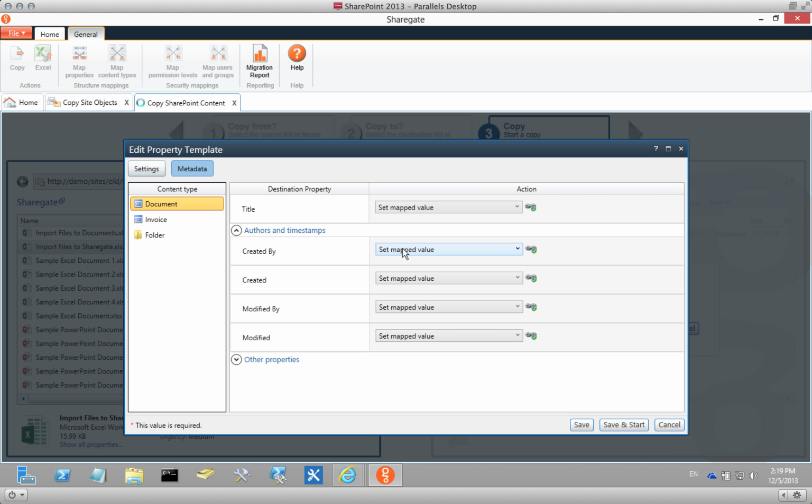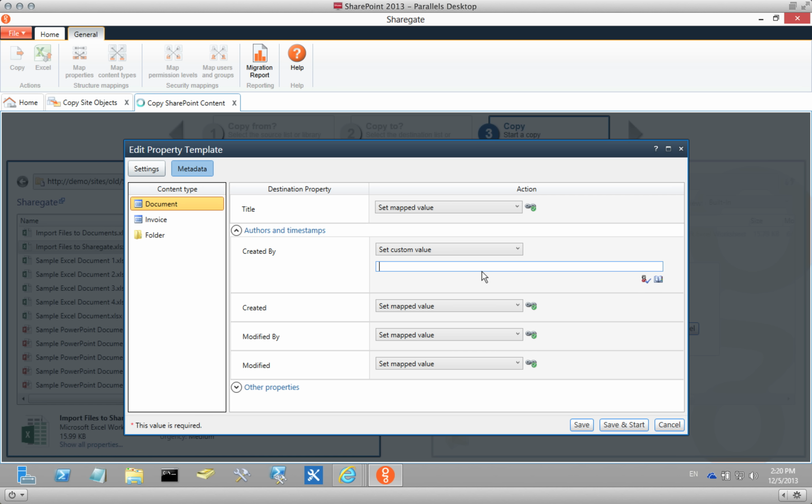As for the created by, I know that we can use the map value, and it's going to take Benjamin Niaulin, or I can say, no, it's Brad Pitt. I should do one with James Bond. What do you guys think? In any